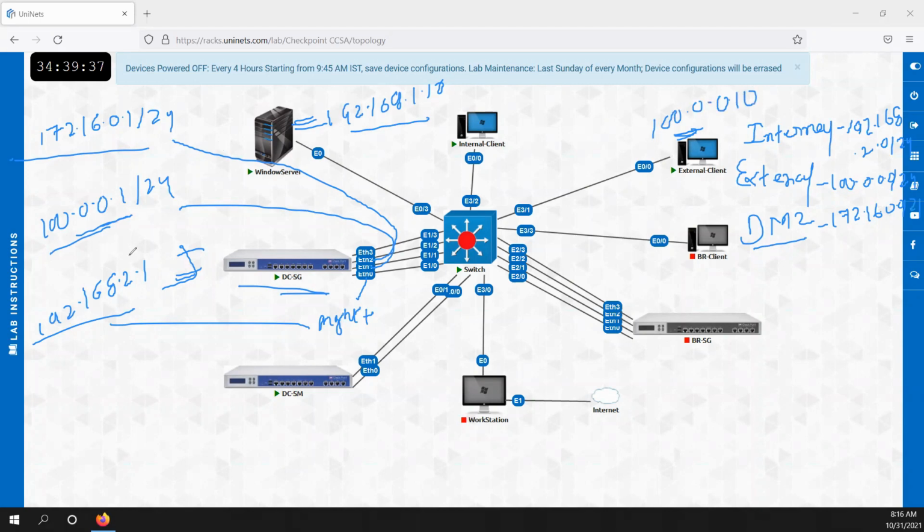So .1 I would use on the firewall side, and .10 on the client side. For this DCSM, I would assign IP 192.168.2.50/24. So this would be the IP of my smart manager. For the rest of the machines, we will take other IPs.